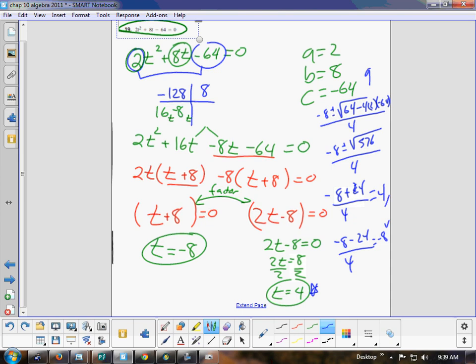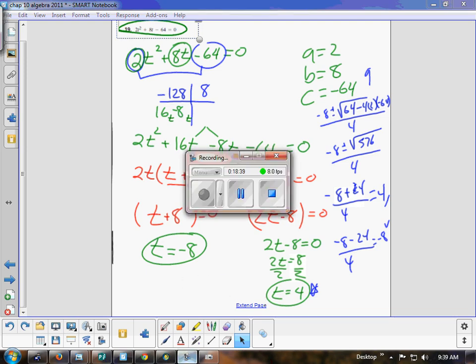Okay, so you can do the quadratic formula. I did the quick quadratic formula because I make mistakes, but I don't make the same mistakes that you make. Okay, I'm going to pause the video and